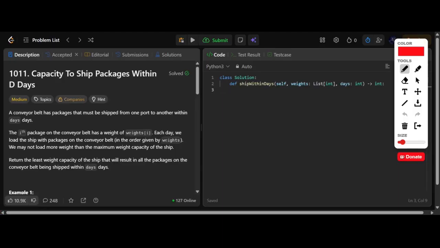Today we're going to be looking at Leetcode 1011, capacity to ship packages within D days. This is a medium difficulty Leetcode problem, and the problem description tells us that we're given a conveyor belt that has packages that must be shipped from one port to another within days, and the ith package of the conveyor belt has a weight of